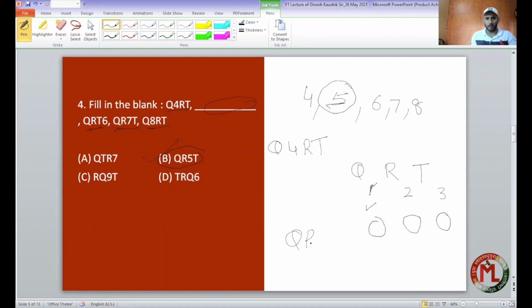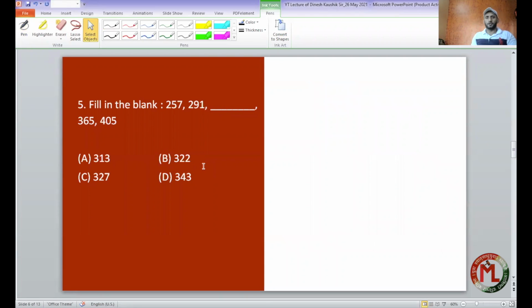It will be QR5. These things we would have applied in depth only if there were 2 or more options having 5 in it. But in this question, this was asked in the previous year, I guess year 19. We can simply look at the numbers 4, 6, 7, 8, which means 5 is missing. So only one option has 5 in it. We will mark it. I hope it is clear, my dear. Fine. Let's go for the next question. For this question, I am giving you 30 seconds. Please attempt this question.